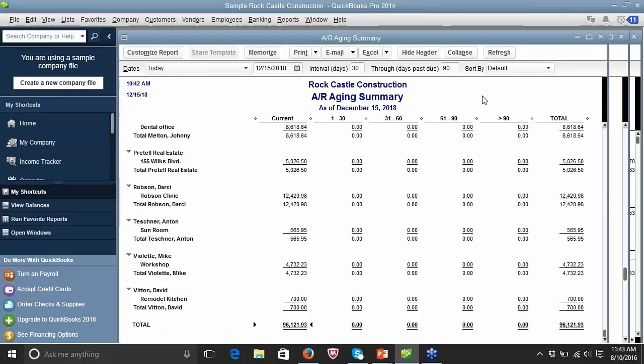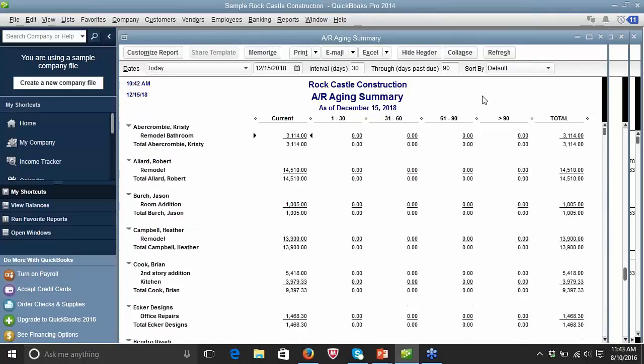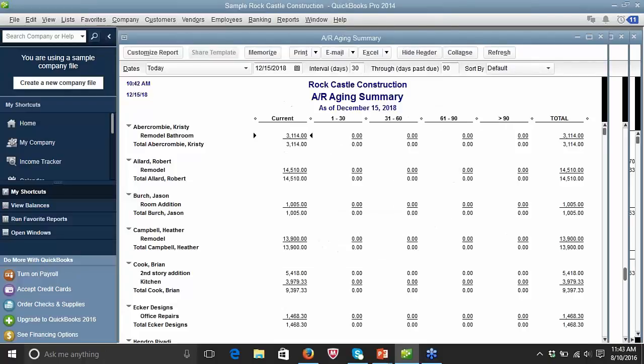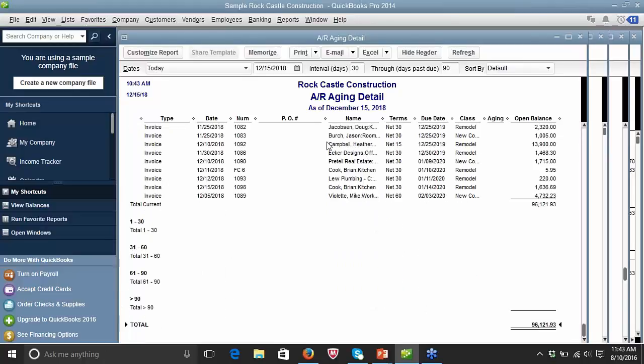As you can see, this one is showing everybody paying on time. That is unusual. Most companies will be showing some late payment. And if you're starting to see late payments from a particular company, you can ask for this report in aging detail. And you can see the invoices by customer. And you can see what your terms were, and what the due date was, and then when they paid. Unfortunately we don't have anything here on the 1 to 30 in this example,